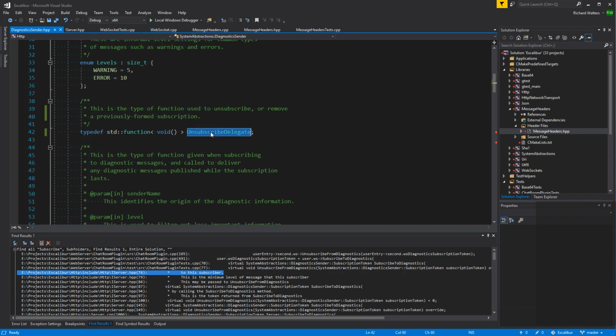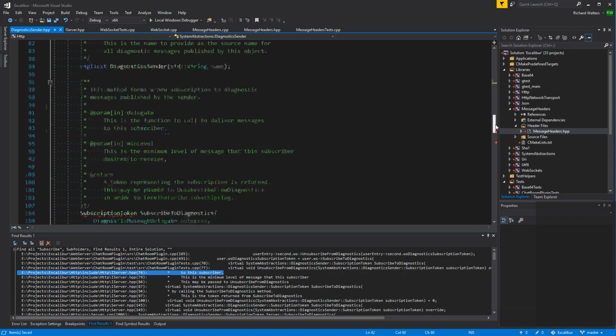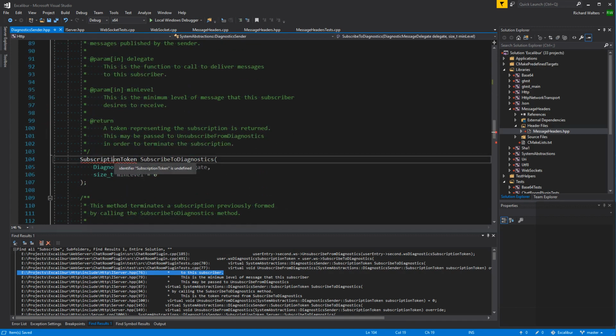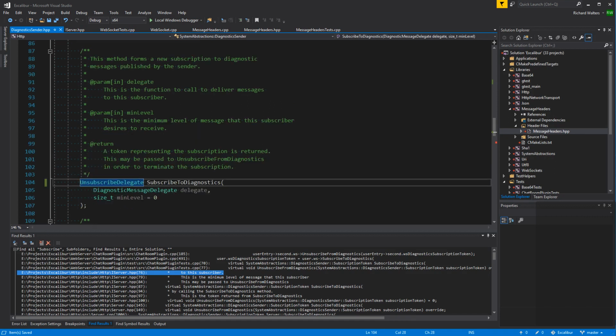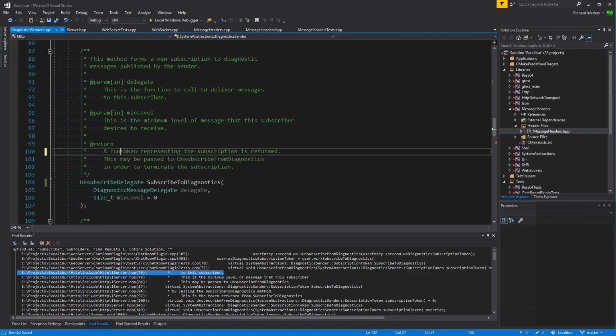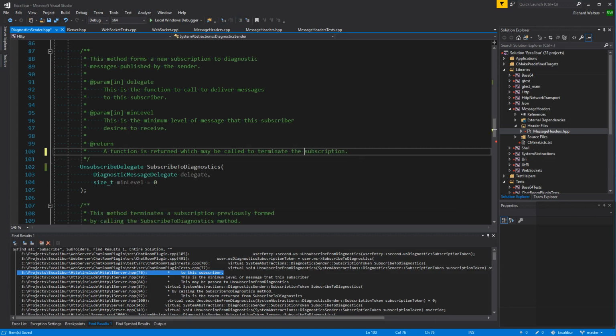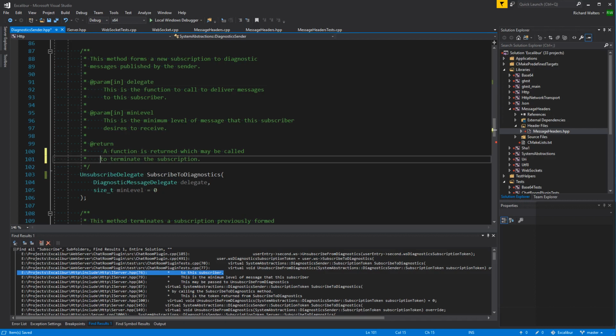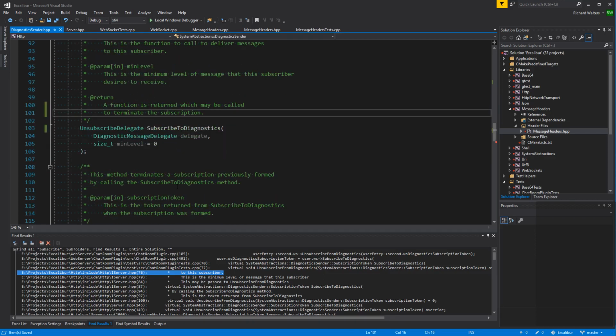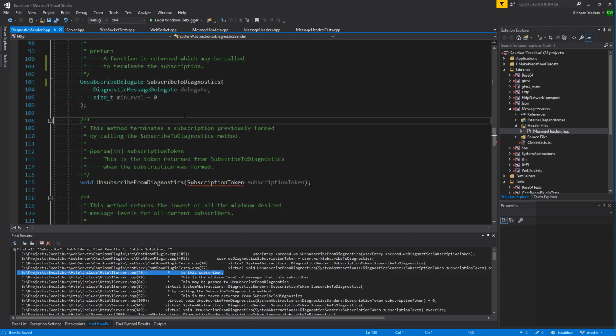So we can actually reuse that if there's more than one kind of thing to subscribe to. So instead we'll return the delegate, and it won't be a token anymore. A function is returned which may be called to terminate the subscription. And then we don't need this unsubscribe at all.